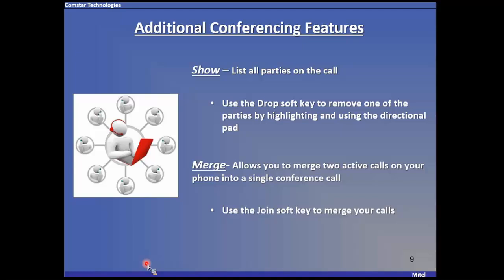Additionally, if for some reason you have 2 active calls going on your phone at the same time that just so happens to need to be on a conference call together, a merge option will present itself on your soft key. You can press the merge option and it'll merge all your calls together. So if you're ever on 2 calls at once and you see that merge option, that's what it